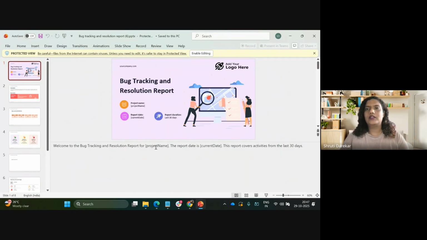You need to reuse the template, right? So even in the voice notes, we are using the ARNR variables, and the report date is for the current date. And this report covers activities for the past 30 days. So this is the static data where only these variables will be replaced.